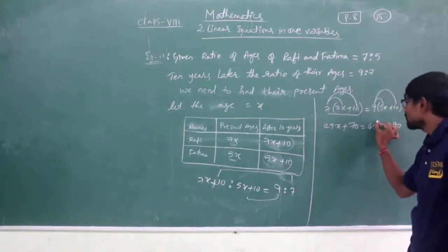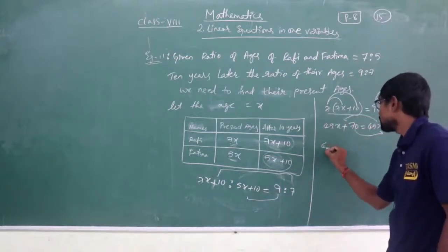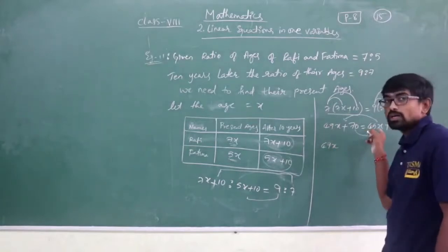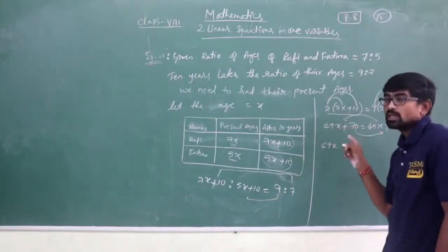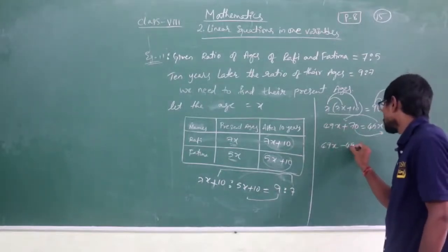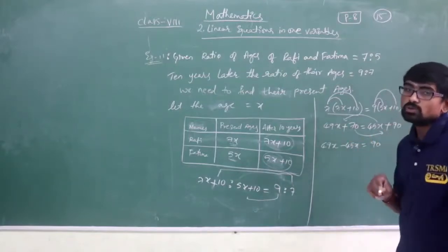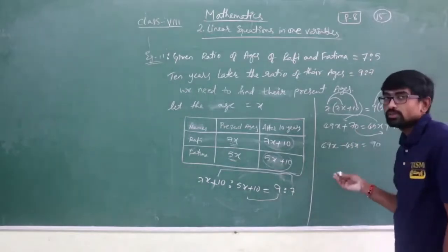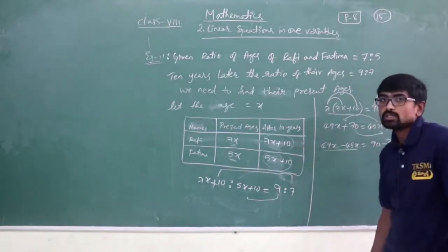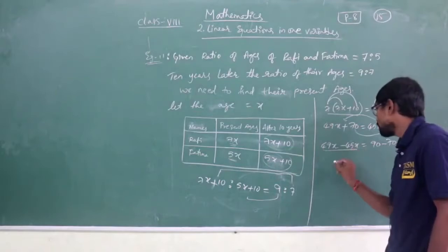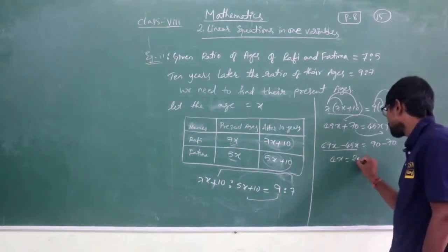Now I am taking all the like terms to one side. Here I have 49x, so the additive inverse of plus 45x is minus 45x, so I will send it to the left hand side and use minus 45x. Equals 90, and 70 is being moved to the right side, so I have to use the additive inverse of plus 70, that is minus 70, isn't it? 49 minus 45 is 4x equals 90 minus 70 is 20, isn't it?